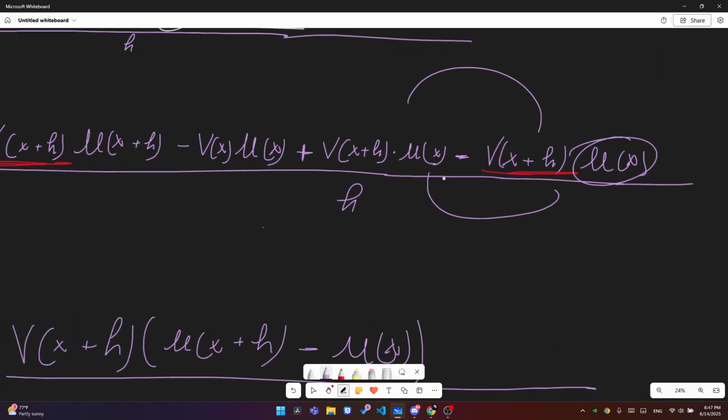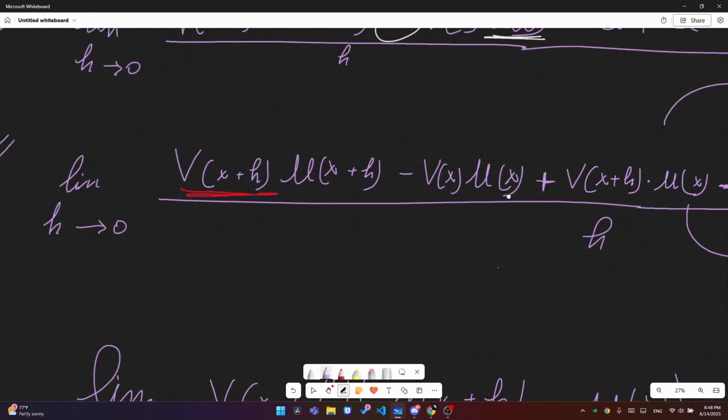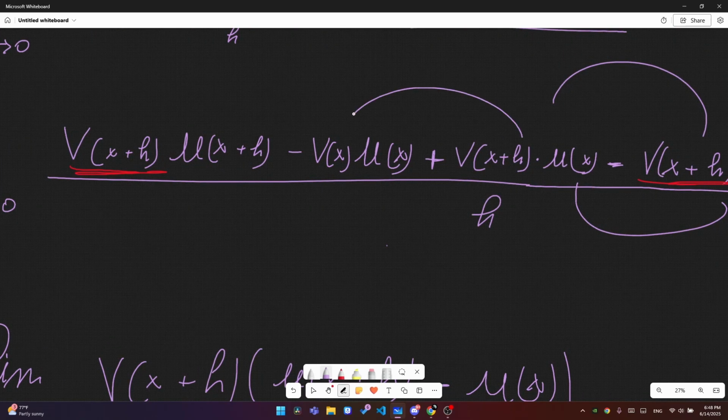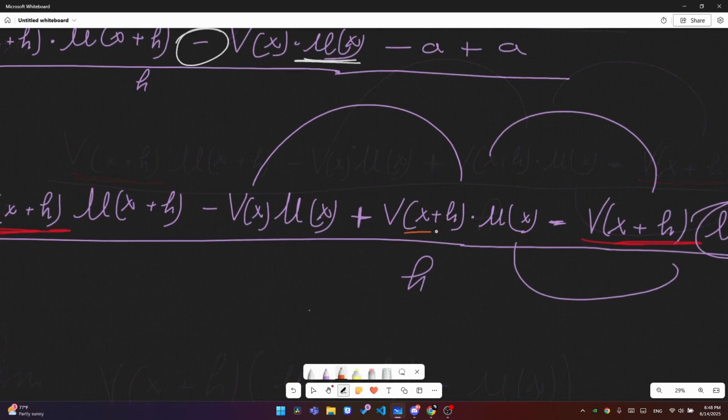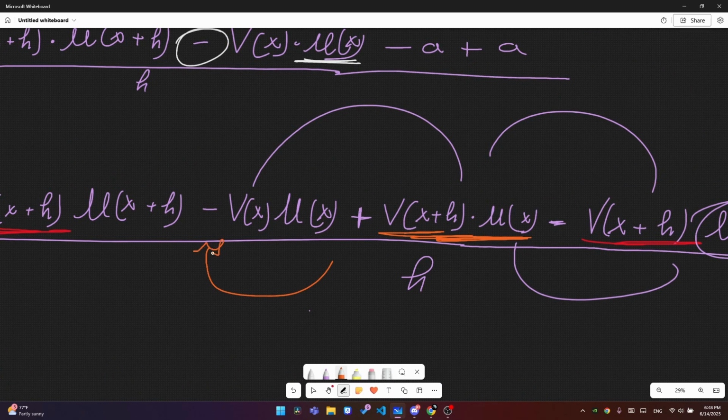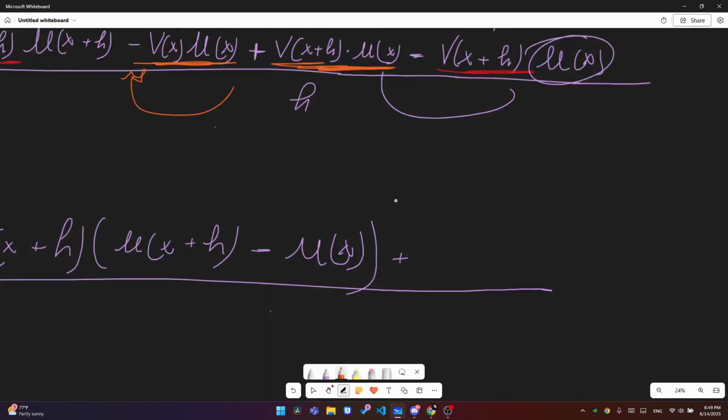That's better because now I can relocate these. If I move this part right here to this part, which is just basically rewriting the equation, and move this with the negative to this part right here, we would get